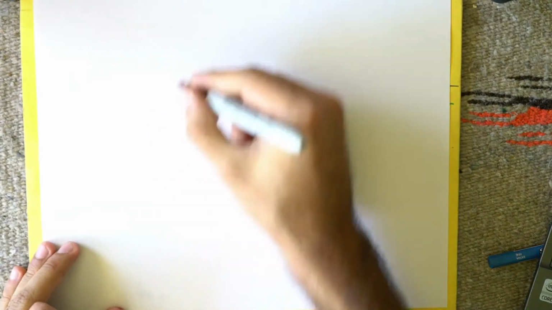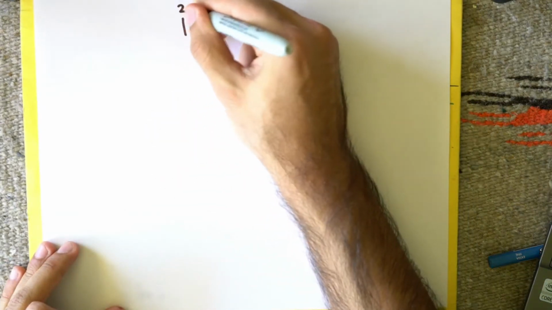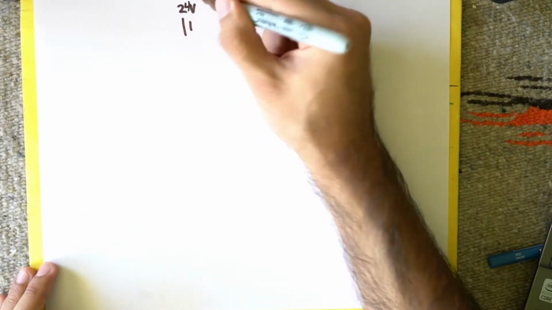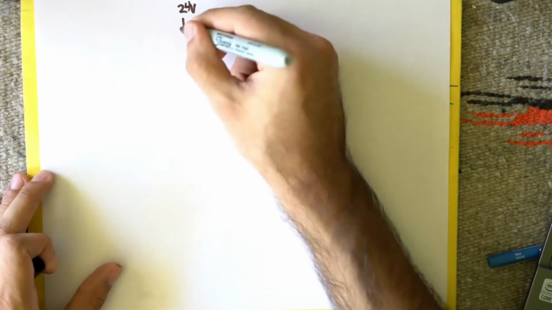Okay, so we just went over how to measure voltage and current. So let me give you a decent problem. Let's just say I have some battery that is 24 volts. Some battery or a power source, 24 volts. And then,